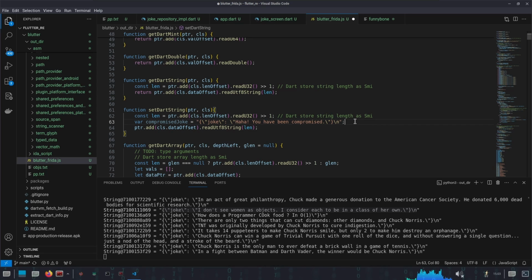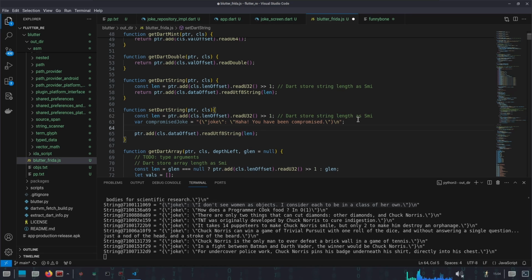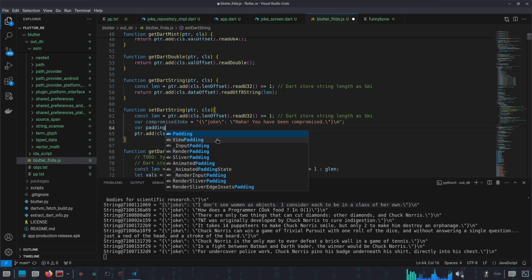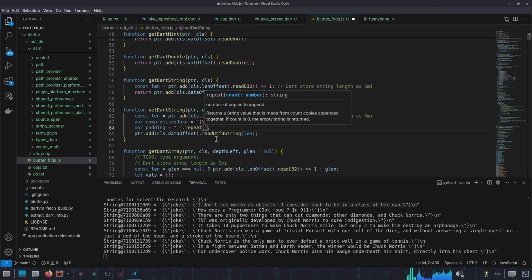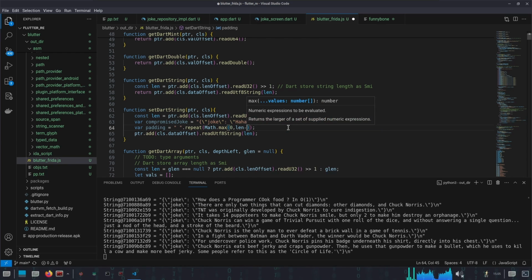Now, next we need to build logic to make sure that the length of the compromised joke is the same as the length of the original joke, which is pointed out by this length variable. For that, let's make use of the repeat function, and let me store that into a variable called padding, and I will simply repeat this space character until the length of the compromised joke becomes equal to the original length of the joke. For that, what we can do is utilize the Math.max function, 0 comma length minus our